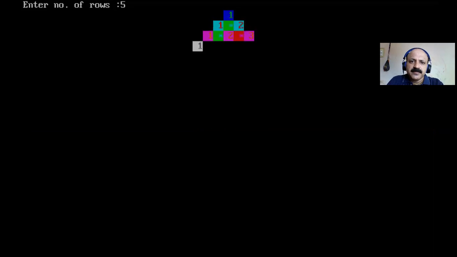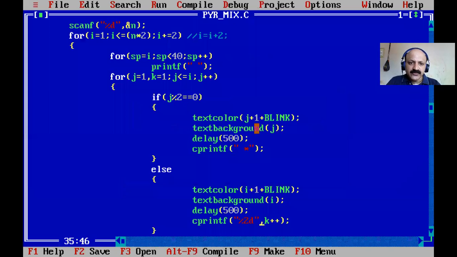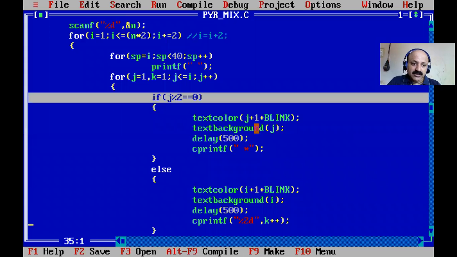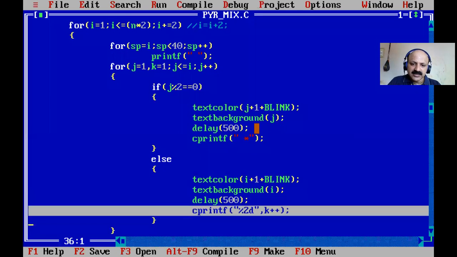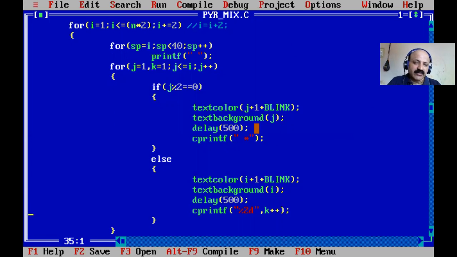So that is blinking, waiting, mixed color, mixed type of pattern, and mixed type of color combination that we have to print. So I think that is perfect. So mix pyramid shape, numeric and star asterisk sign. In between we can take the asterisk sign. That is very important logic. So the if condition is very important for the asterisk sign. And here our new variable k is like magic; it holds our numeric value in the perfect way.